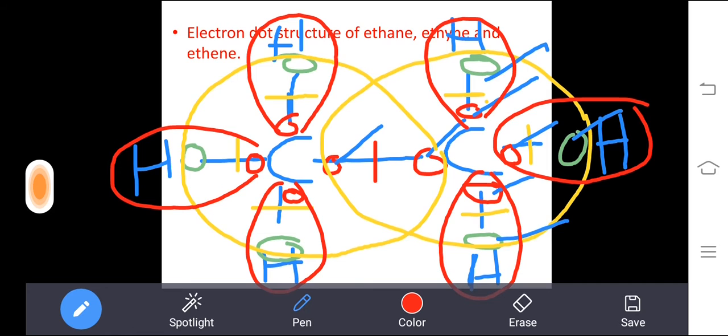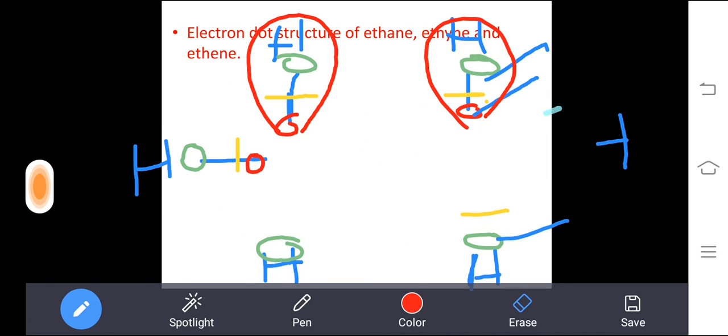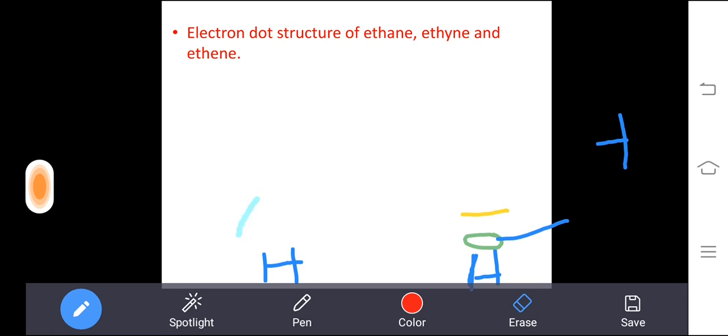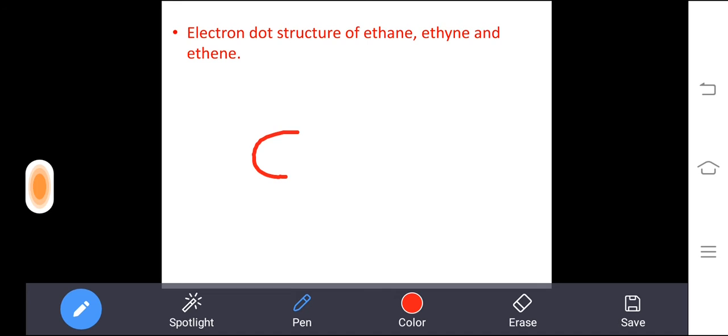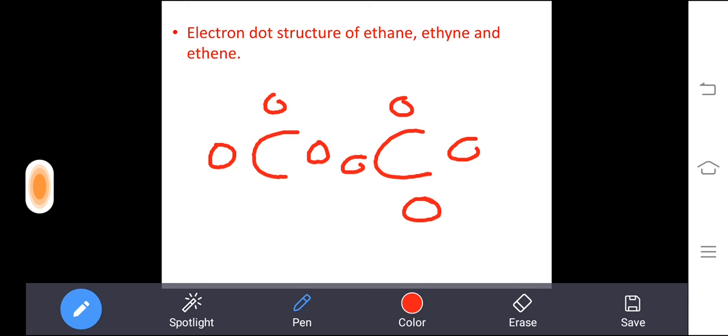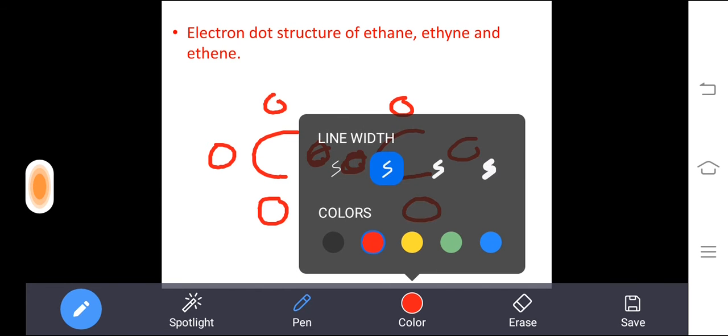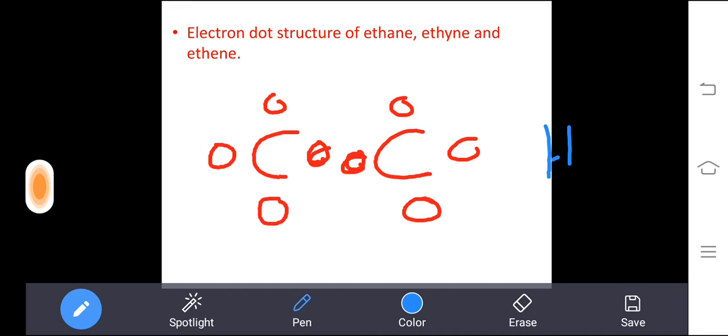If you draw with the pencil means it will come nicely. So actually how it will be means it will come like this one. It will come like this. So see here 2 carbon we are placing, and we are placing the valency for the carbon, and here the valency for the carbon. We want to use the dot, not circle. For your representation I am using the circle. You want to use the dots. Once you draw like this, and again you want to place the hydrogen in all the valency in front. You want to place the hydrogen, and you want to place the valency for the hydrogen also like this.